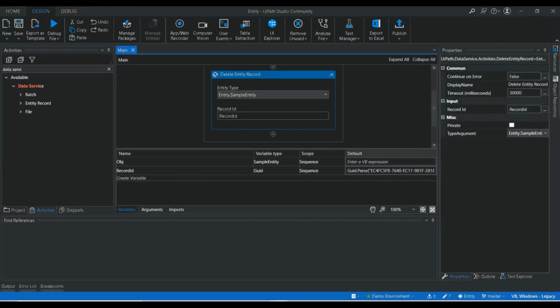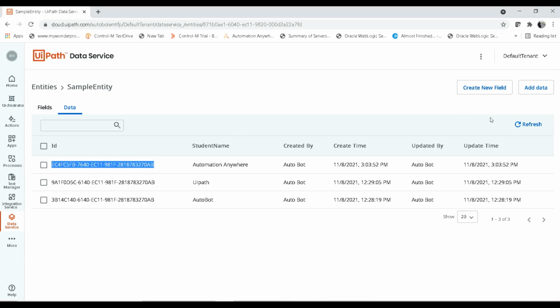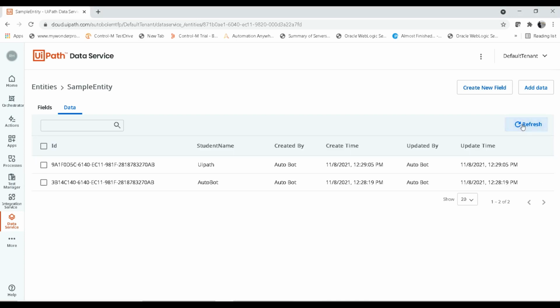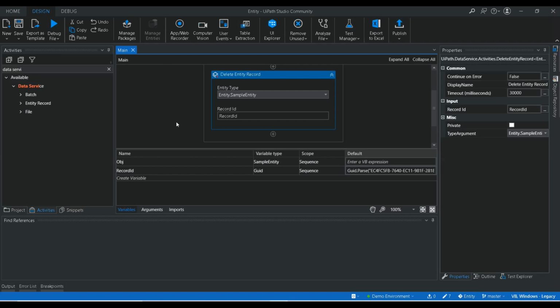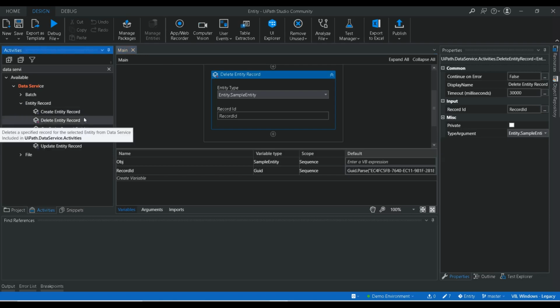The execution is completed. Let's go to our data entity and refresh it. Now you can see the particular data got deleted, that is the automation record. That's how you need to use this delete entity record activity.